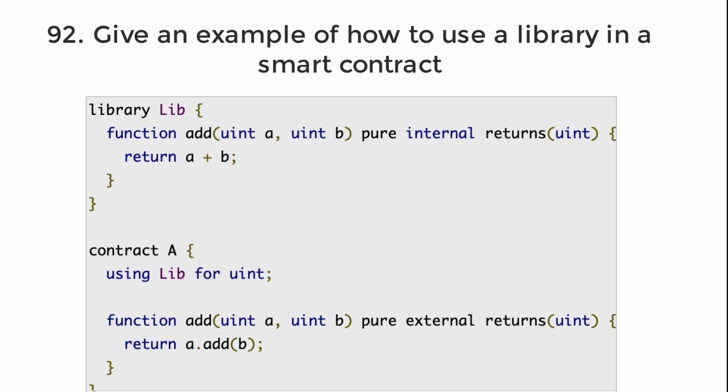Instead of just using the plus operator to add a and b, we actually use the add function of our library, and for that we use the dot notation. So a.add, and we pass the b variable to the add function. This add function is the add function of our library. And you will notice that even though the add function of the library takes two arguments, we only pass it one argument, because the first argument will be a in this case, and the argument that we pass between parentheses will be the second argument.